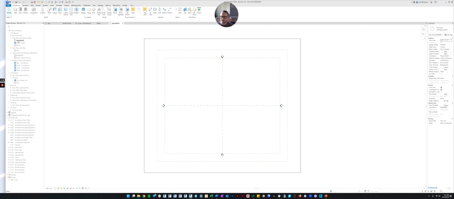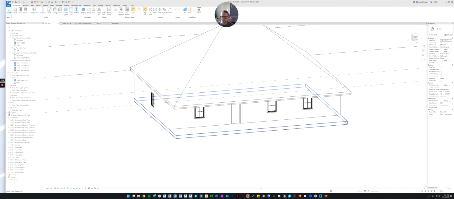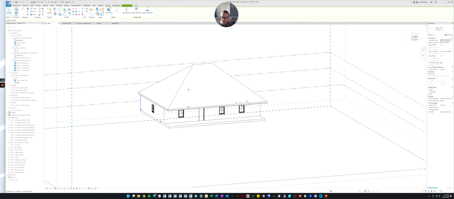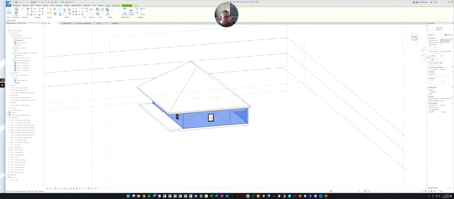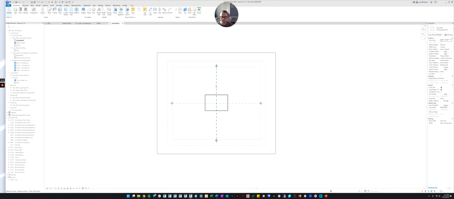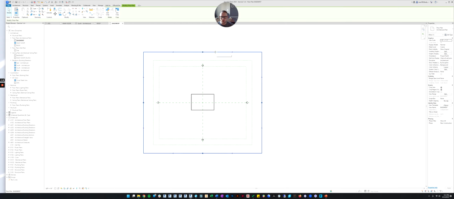Let's do the same thing with the basement. Now the basement, there's nothing in it yet. So let's go to our 3D view. And let's extend the walls back down, by selecting all the walls, and then the base constraint, we're just going to change it to the basement. So now when we go to the basement view, you can at least see the walls. The point of this exercise isn't to try to make a basement or anything. We're just trying to get some views set up. So we're going to go to the basement view.